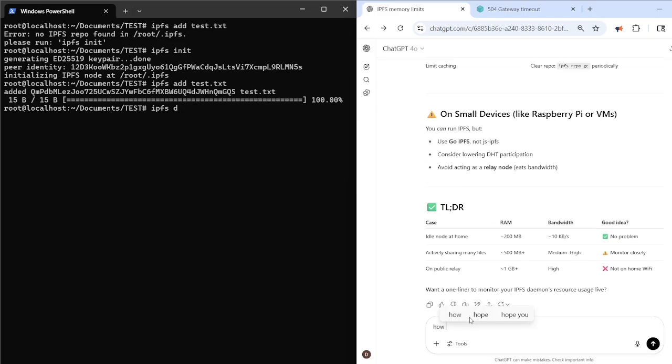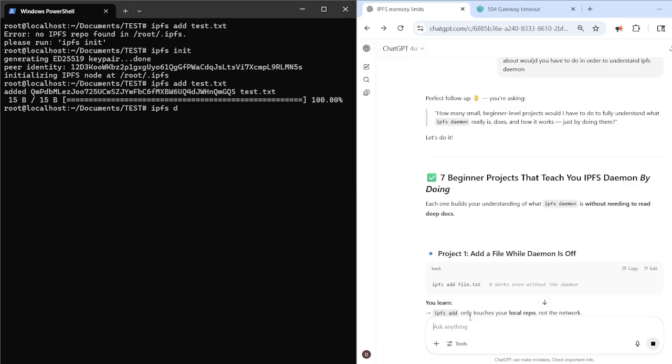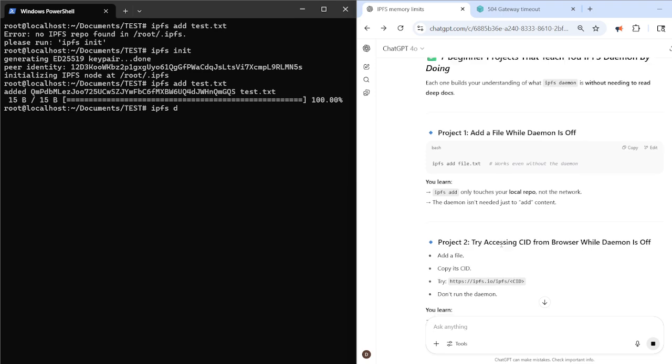Alright, let's see. How many basic projects like before that we were talking about would you have to do in order to understand the IPFS daemon? Perfect follow-up. How many basic beginner projects works even without the daemon? Alright, so IPFS